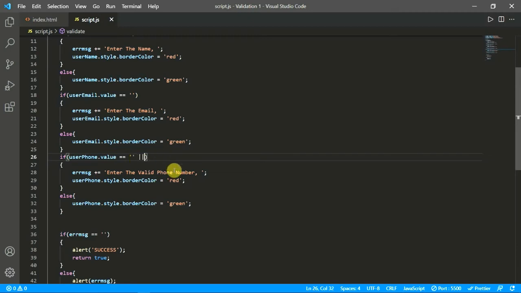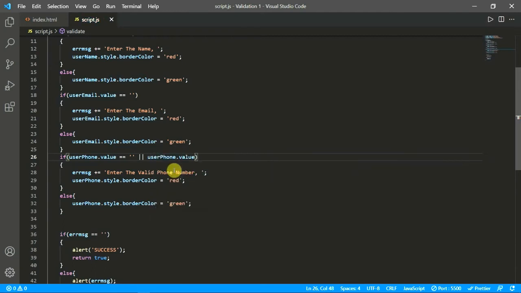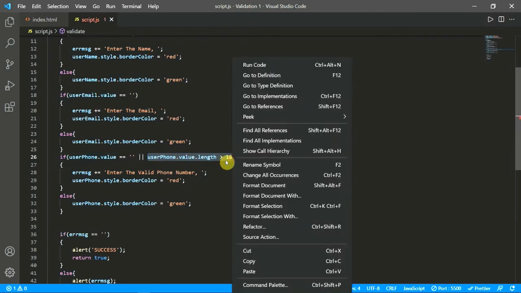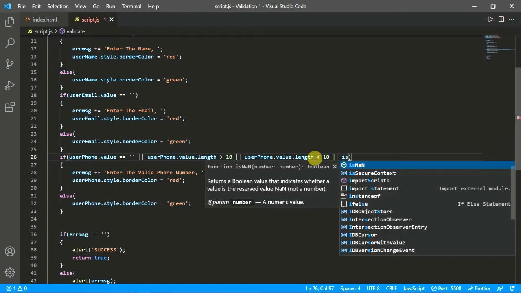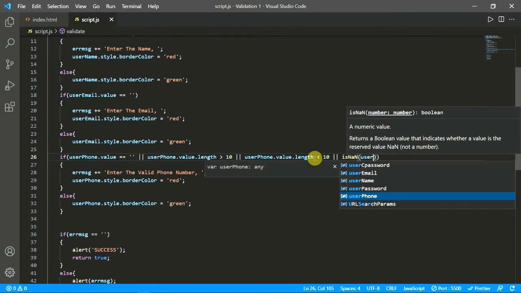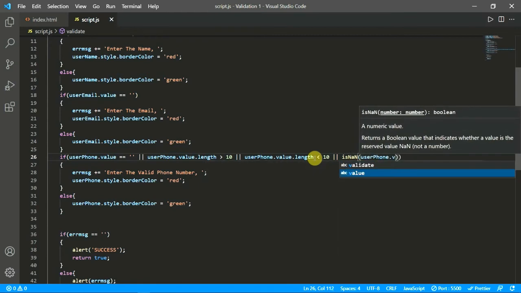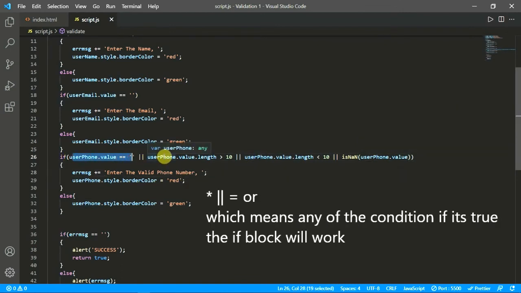So for that we will just add or user phone dot value dot length greater than 10, or the same less than 10, or is not a number of user phone dot value.